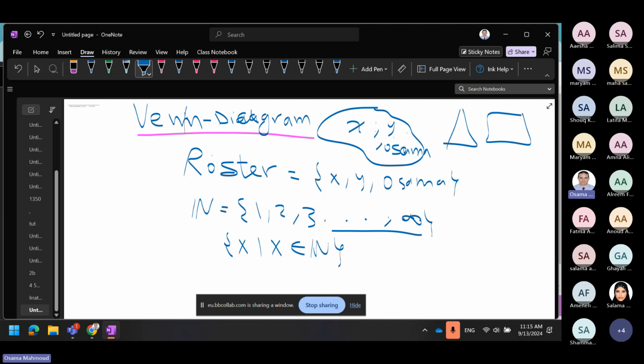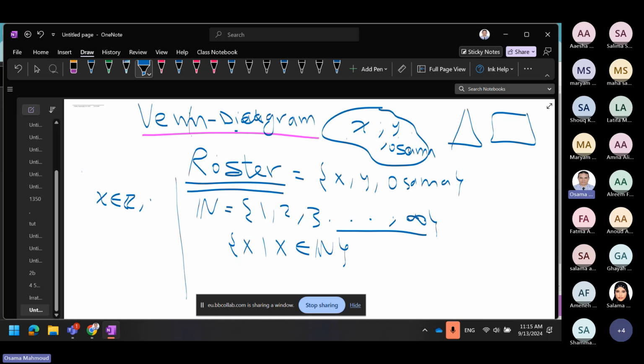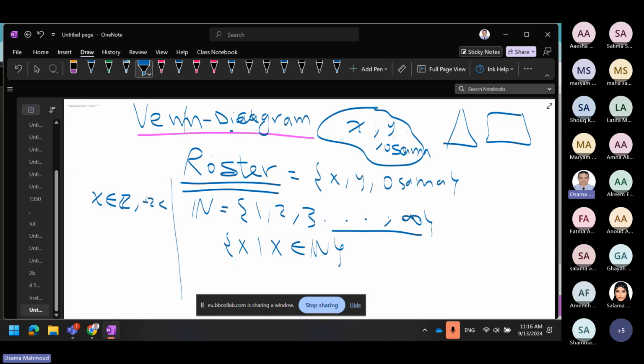Okay, so we know how to represent a set using the Venn diagram or the roster, or there is another way, they call it... when you have an inequality, X is an integer and X between -2 and 2, for example, right? So how to write this one? This is, they call it